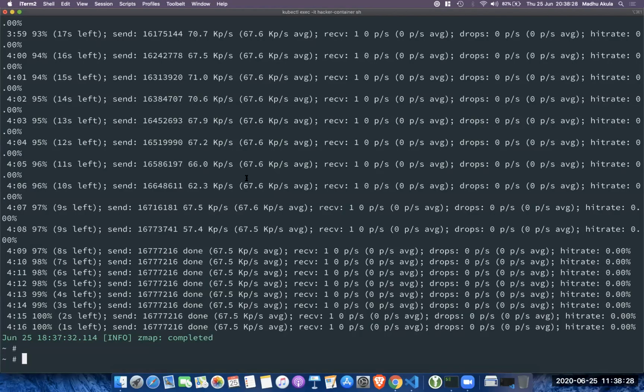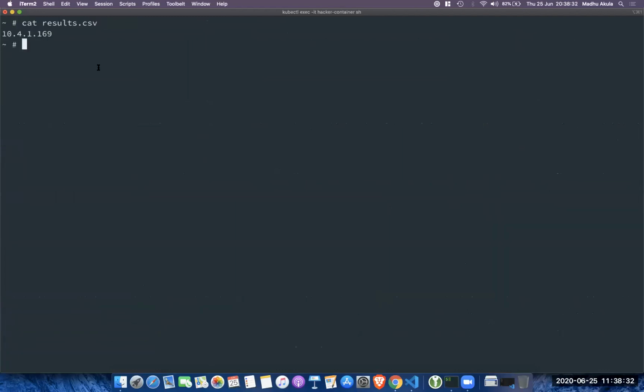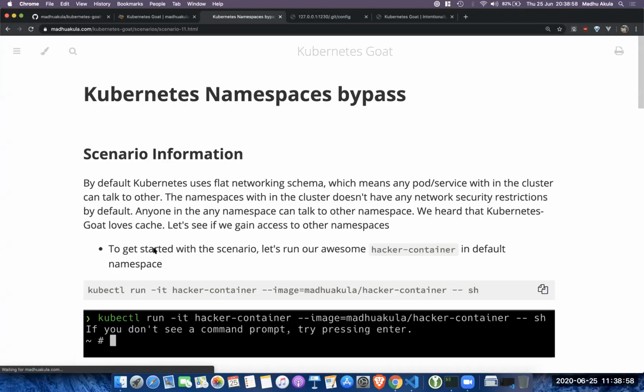So you can see the Nmap scan completed for us. Let's look at the results. You can see there is one IP running with port 6379 within the entire cluster. So let's go back and connect using redis-cli, specifying the host option to connect to that specific host. Now you can see it's successfully connected, because there is no authentication or checks. So let's see what information it contains.